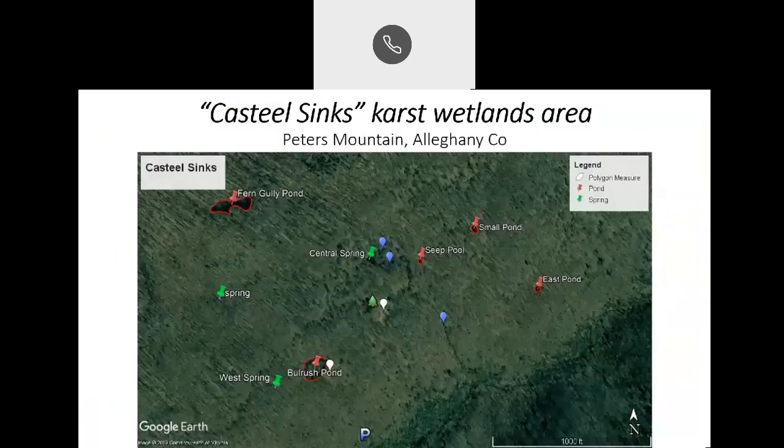Next, please. All right, so your slide should show Castile Sinks. And this is sort of a picture of that whole neighborhood. And if you will note, there are 1, 2, 3, 4, 5, there are at least 5 ponds. These are sinkhole ponds or vernal ponds. And in addition, there is a cluster of springs that also occur here. So this is a rather complex area because of the unique geology underlying it with underlying limestone, where there are these fascinating wetlands, including vernal ponds. Next slide, please.